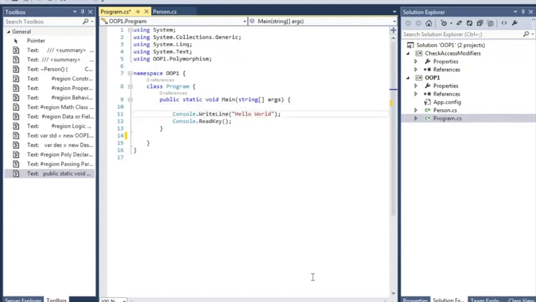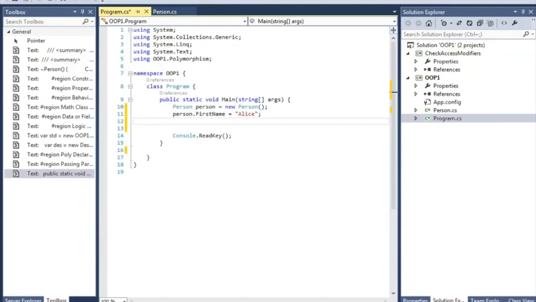Let's see an instantiation of the class. So person, you could write anything. You don't have to write only person, but for simplification I'm just writing the object name as person. And new, like this. To change the first name, I just go to the first name and say that first name is Elias.